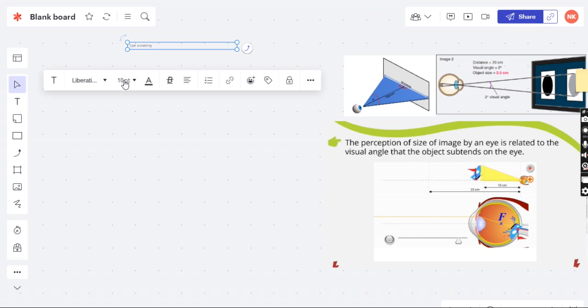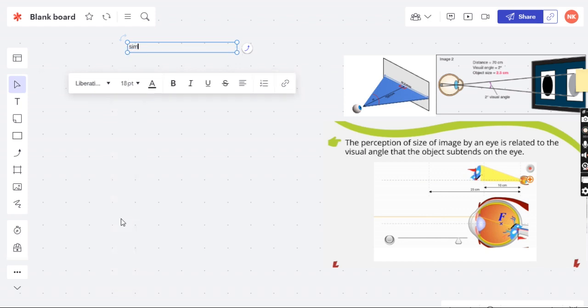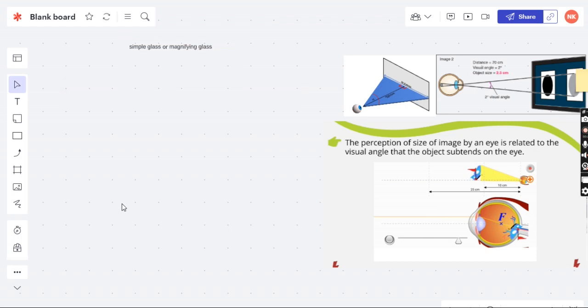Okay, so today I'm going to talk about the simple glass, or magnifying glass, right? So now what is it? Magnifying glass, right? So first of all, moving ahead to discuss it, one thing that I would like to discuss